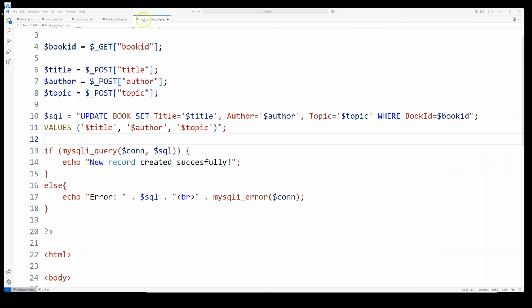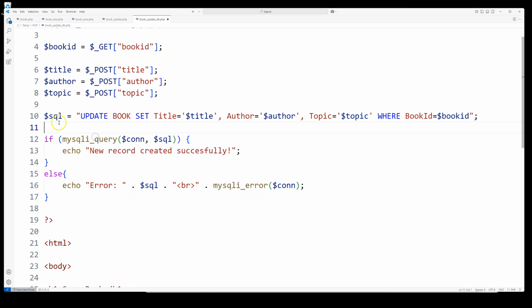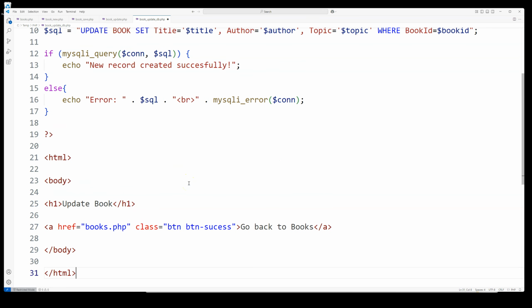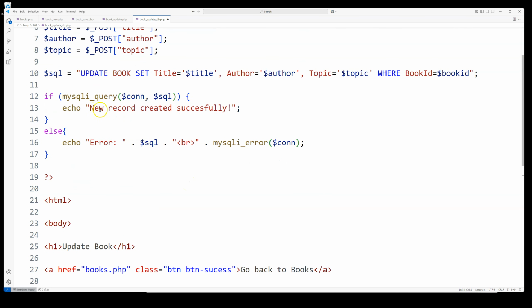Yeah, so I guess this book_update_db.php needs some changes. This one should of course be removed, so that's the entire query. Update book, set title, etc., where book ID is the book ID that we retrieve from here. And also, instead of say book, you can have update book like this. Instead of new record created successfully,